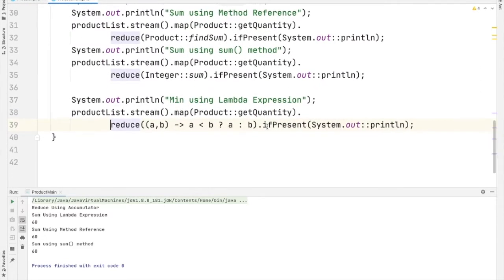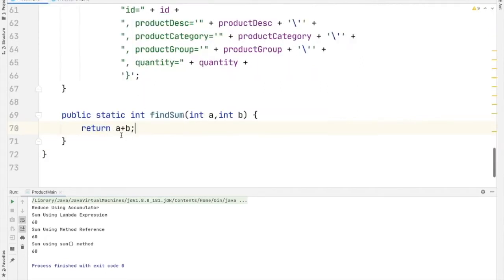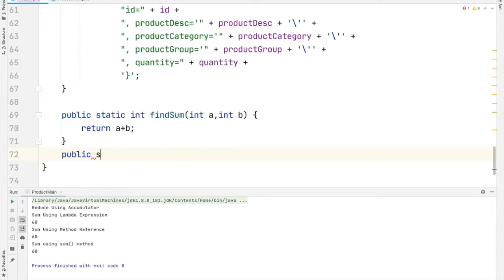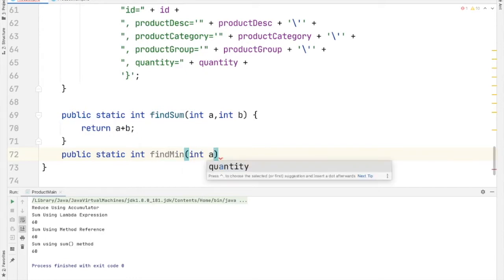Next is finding minimum value using method reference. So before doing that, let's create a new method here, that is in our Pojo class. Public static int, let us name as findMin, give 2 parameters inside, int a, int b.